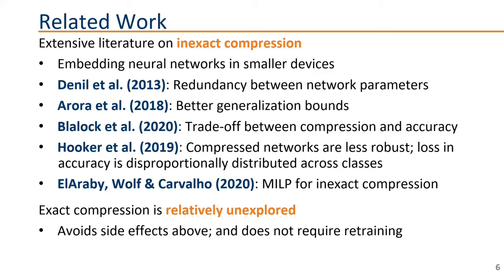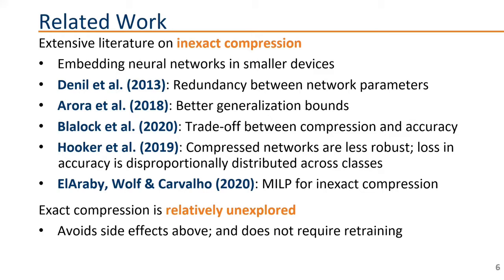For example, disproportionately distributing this loss of accuracy across different classes and the issues with robustness. And also the other advantage of exact compression is that you don't have to retrain the neural network. Because if you just start removing things at random in the neural network, or even in some guided way, that might have some side effects that you may want to avoid, or at least make up for by retraining the